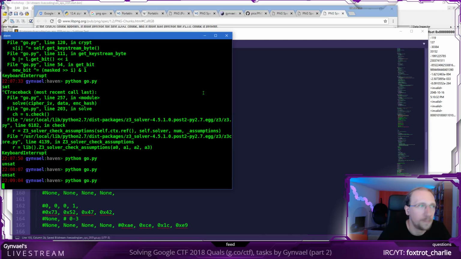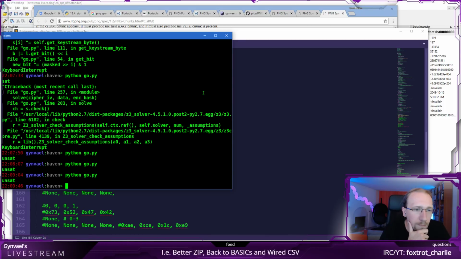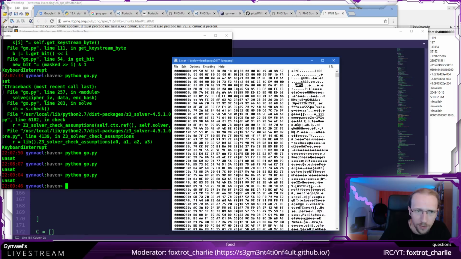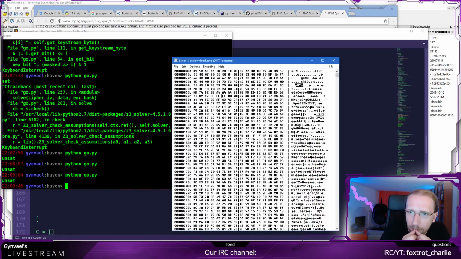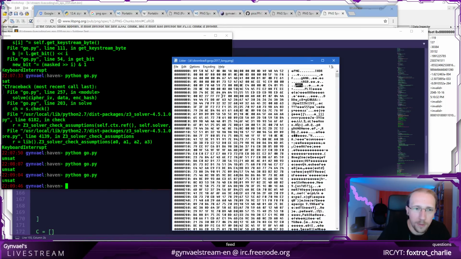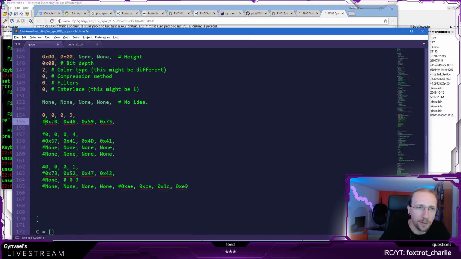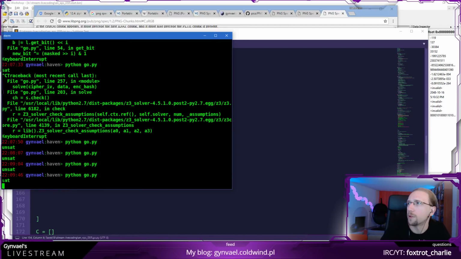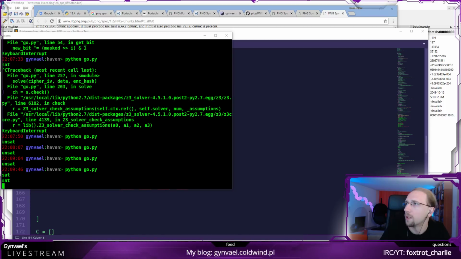Let's try with this section. Unsat. Okay, this is getting ridiculous. So we tried gamma, we tried this, we tried this. I'm doing something wrong because it should be one of these sections. We can, I guess, comment this out and try to brute force a little more, and I'm going to look at other PNGs.